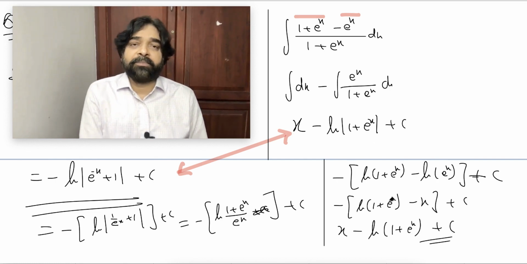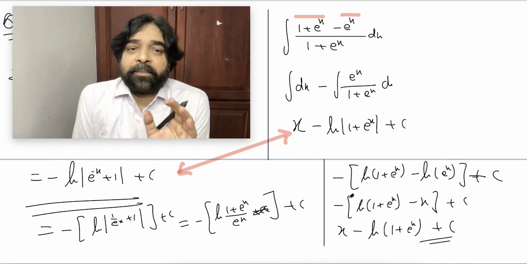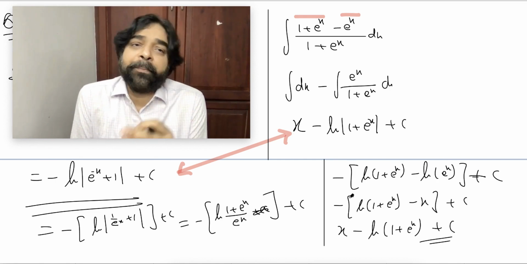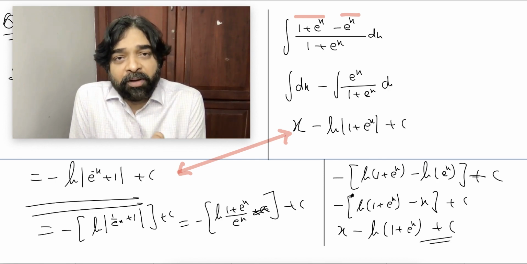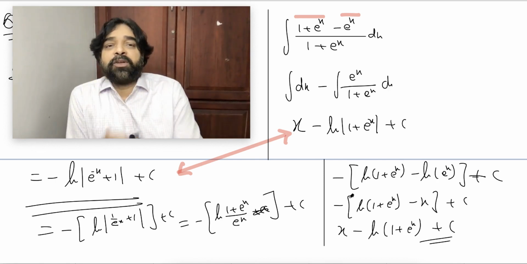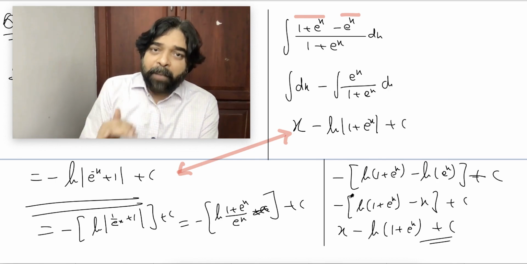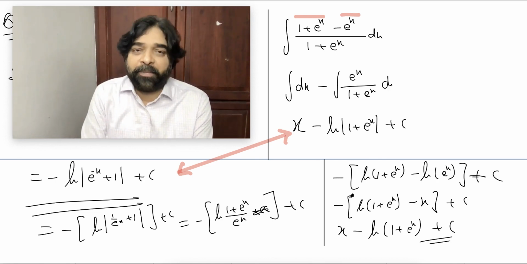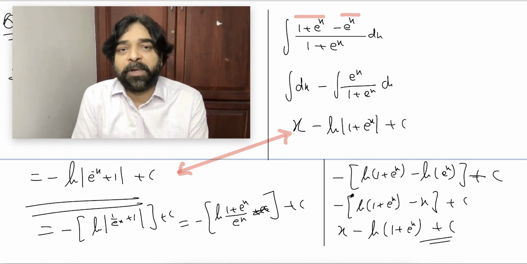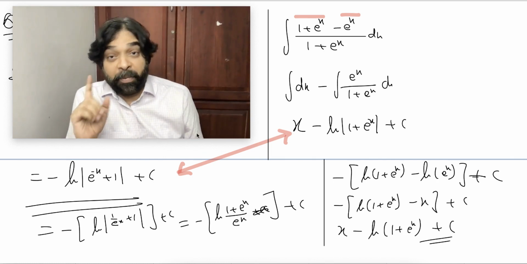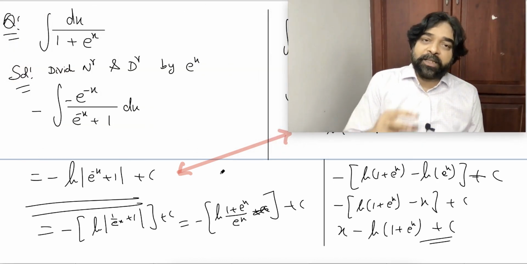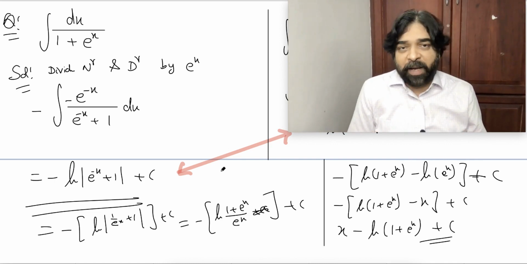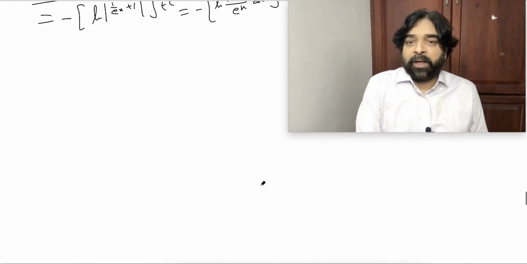See, both are the same answer. So the answer of an indefinite integration depends on the procedure. Whichever procedure you follow to solve the question, the answer will appear in that way, but both answers will be the same. Be clear. It's just a game of simplification, right? But in the case of definite integration, this problem will not be there. Definite integration surely, because that is a numeric value, that value will always match. I hope everybody is able to understand the point till now.